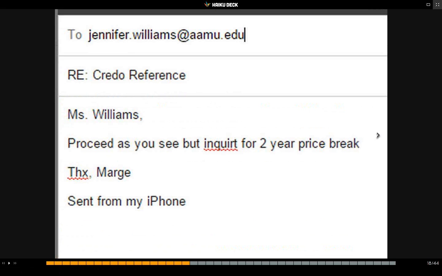All right, so let's just say that my boss sent me back this as a response. I'm sure we have all seen these messages, poorly written, poorly spelled, poorly punctuated, and that say sent from my iPhone at the bottom or sent from my Android tablet or whatever. So in this case, she's told me, "proceed as you see, but in court for 2-year price break." Now,